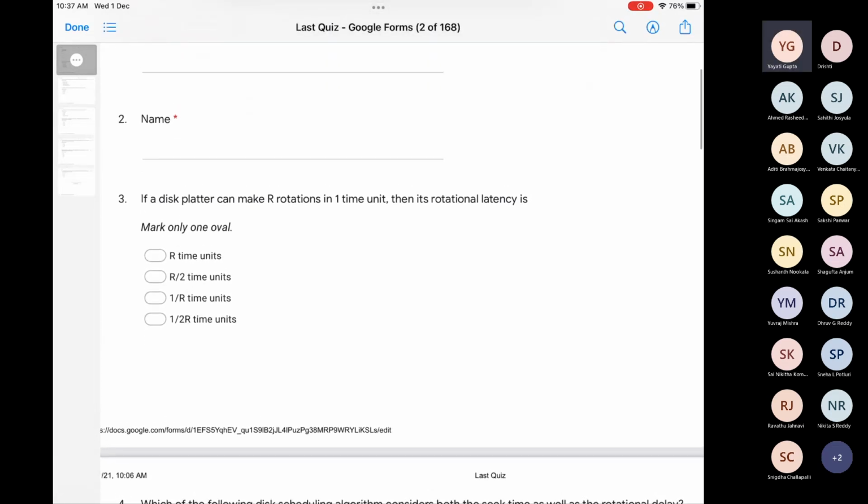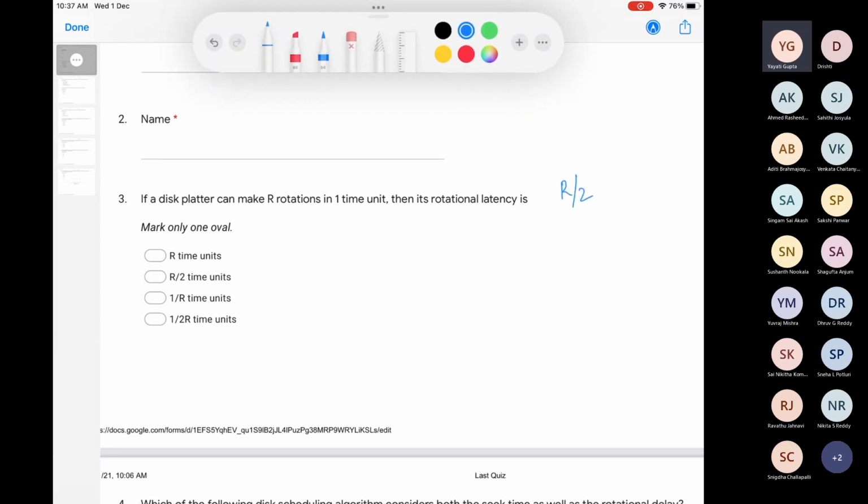Okay, so third question, it was, I would say, the easiest question, but most of you got confused. Like almost 60% of you have answered it as R by 2. See, what is meant by R, right? That matters. So when I explained this in the class, I was using this term R for something else, and in this question, this R tells you something else. So can someone tell me what was the R when we discussed it in the class? We computed R in the class, right? When we were talking about the disk rotations. At that time, we said that R was the time taken for one rotation.